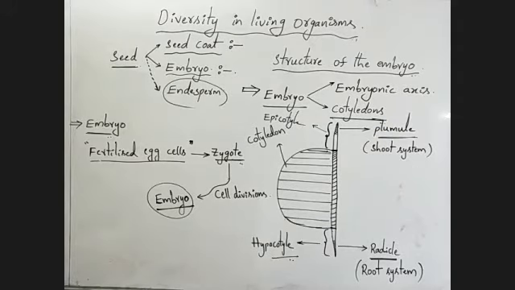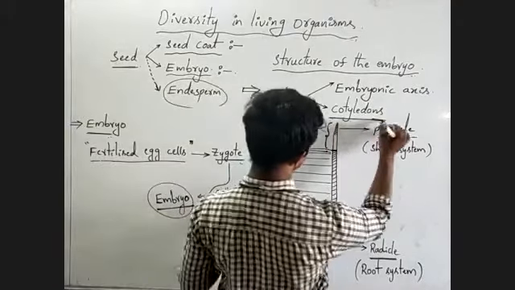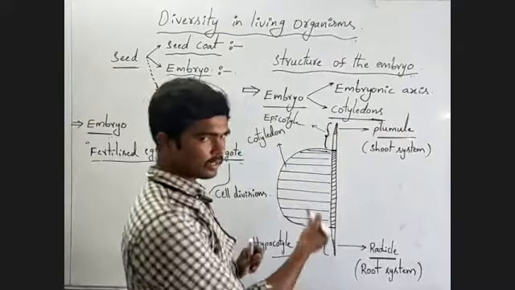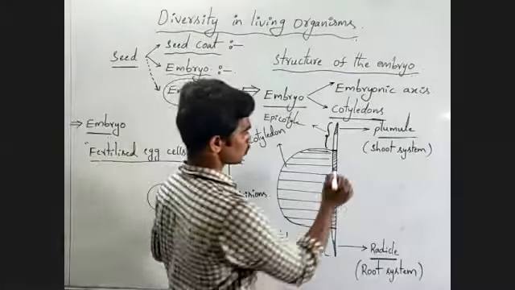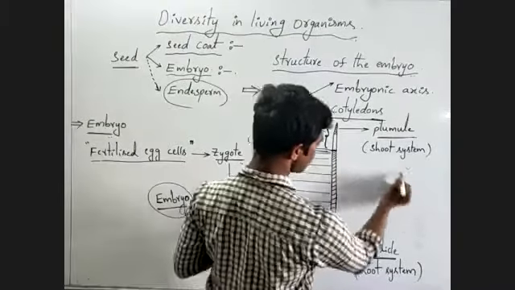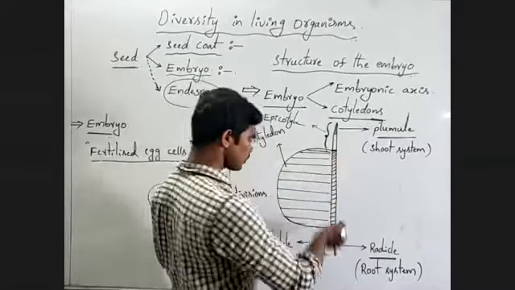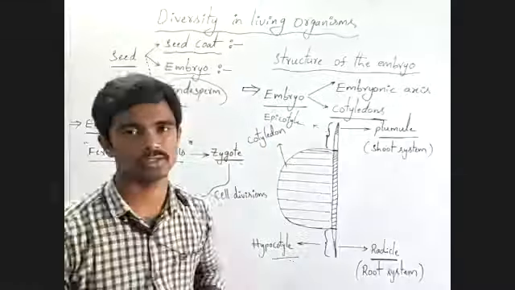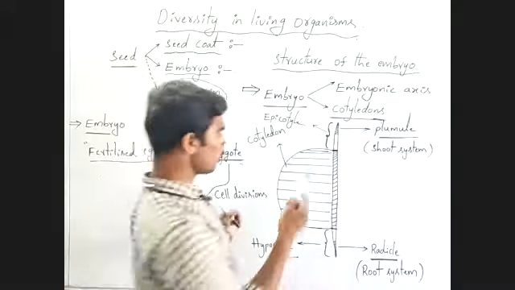Now, how many cotyledons are present? In a dicot seed, two cotyledons are present, one here, the other one here. In monocot, only one cotyledon is present. Okay, here in monocot,